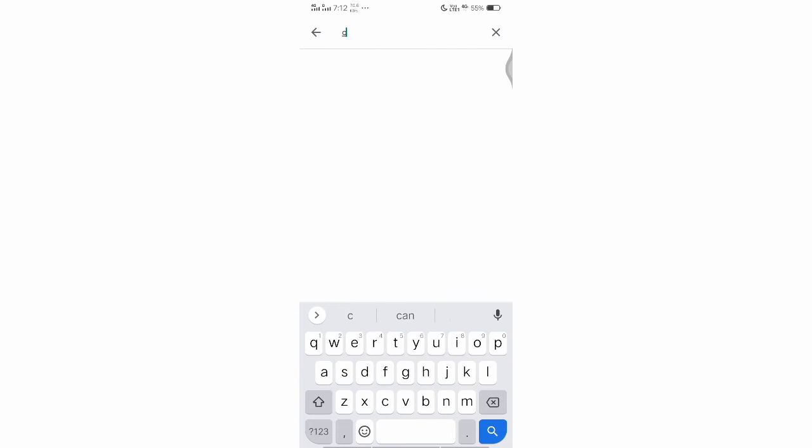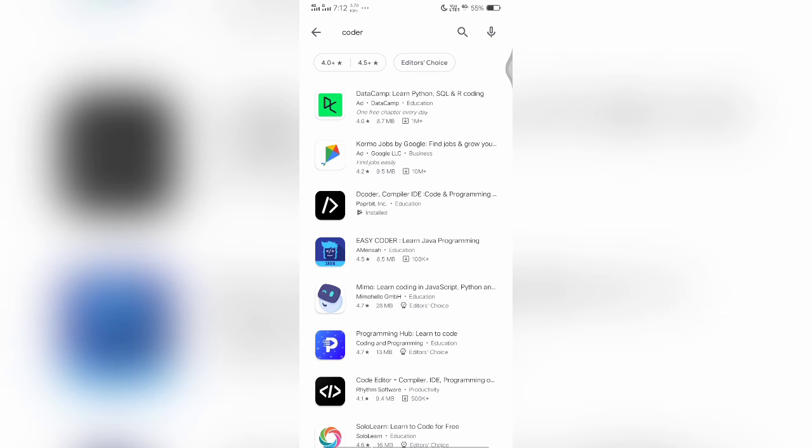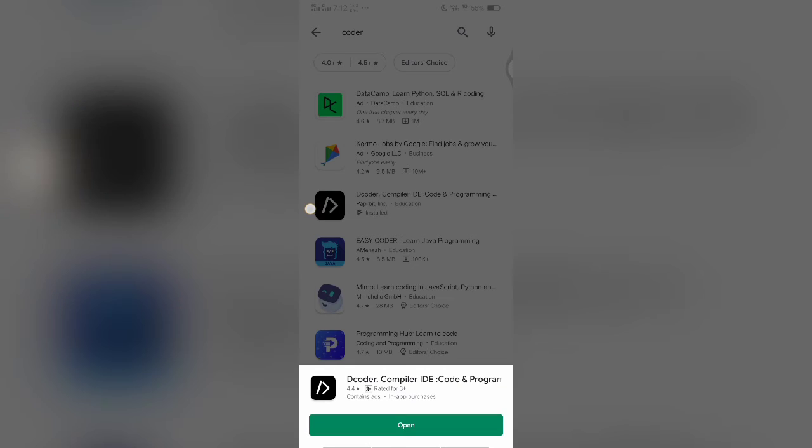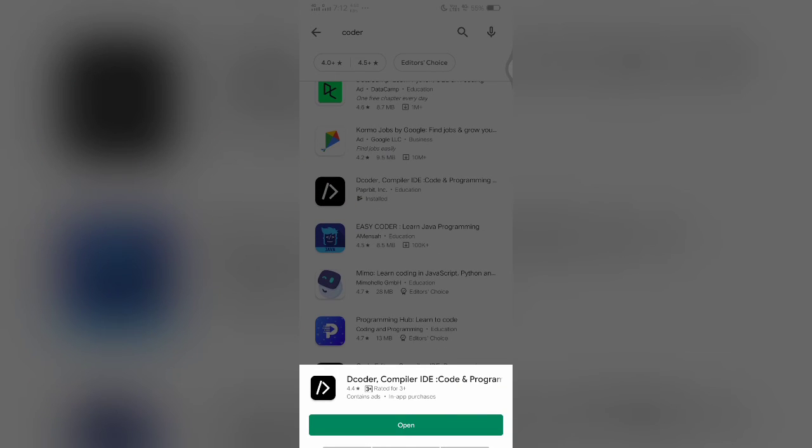In the search button, just type Coder and click on search. This option, I hope this one, you will see here: decoder, compiler, code, IDE, coder and program.